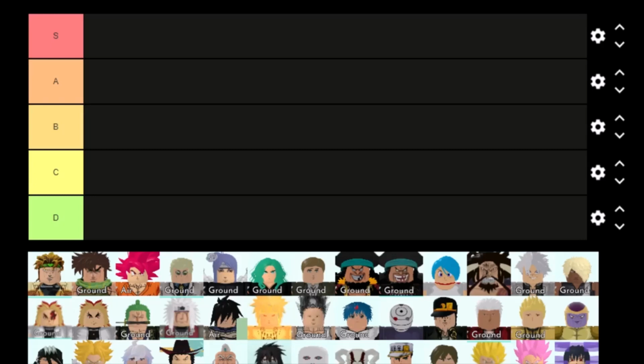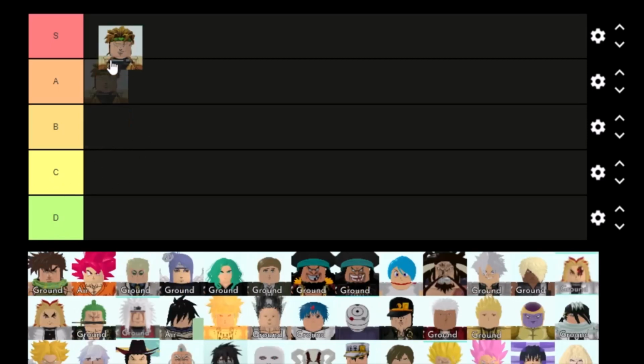So basically the way that I am going to be ranking these characters is S tier is going to be the meta units, A tier is going to be good units that you can use if you want, B tier is going to be good units, like not as close to meta as A but still good, C tier average, and D tier unusable. Okay guys, so Dio is going to be an A tier because he is very cheap